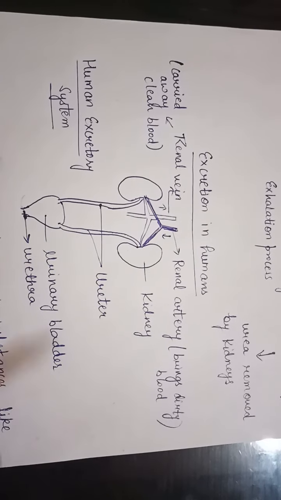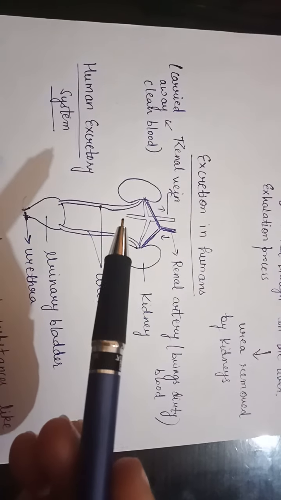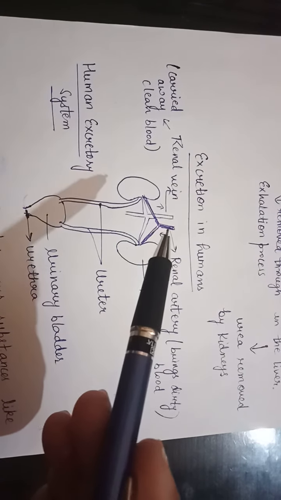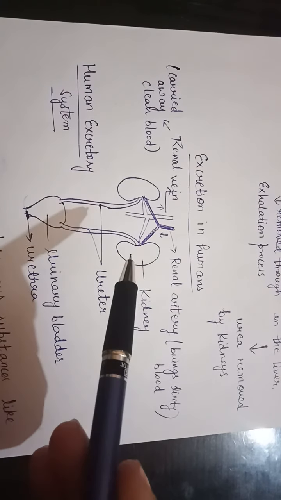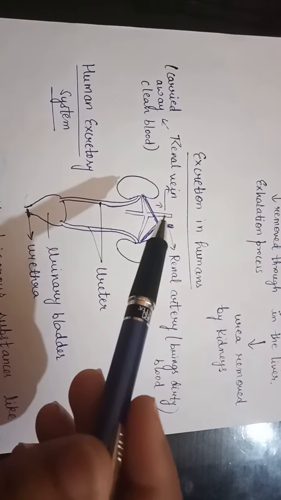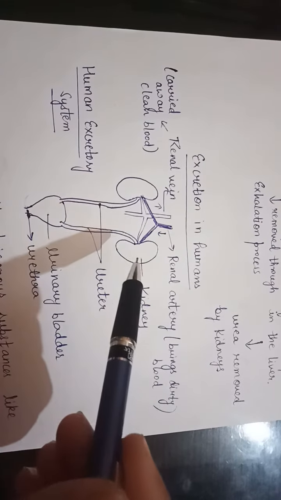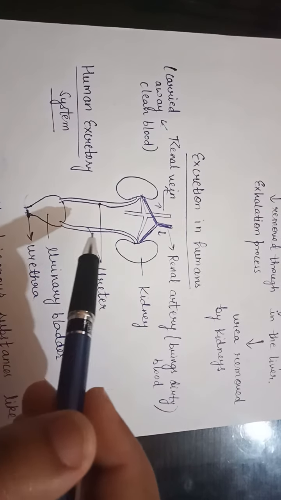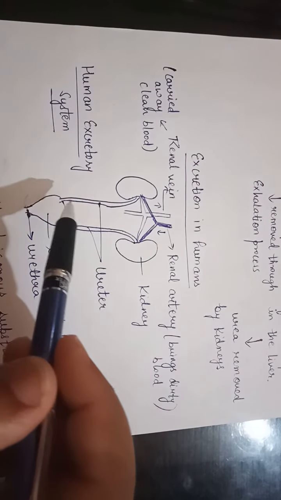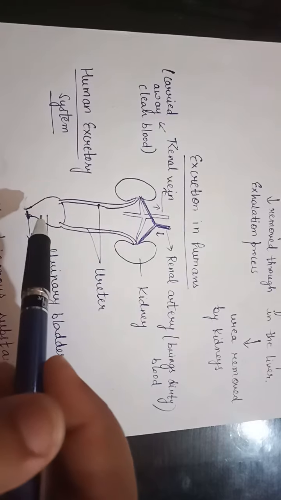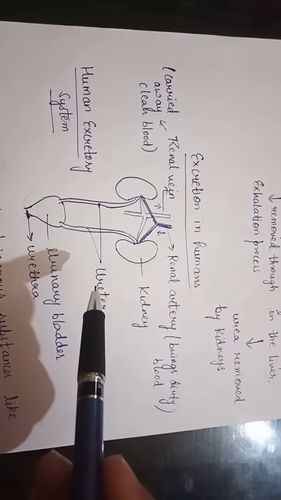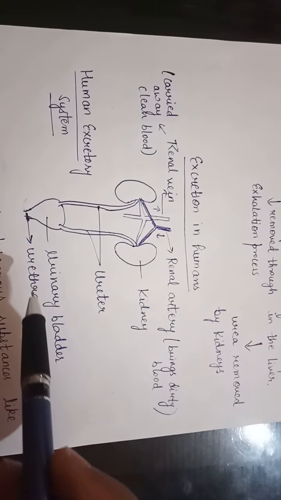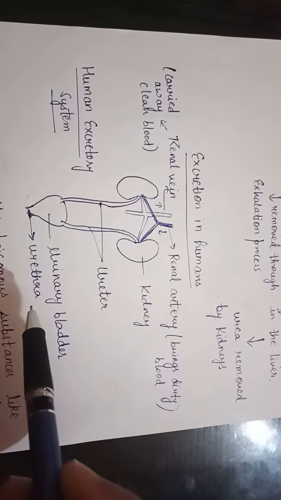Students, next we will discuss the human excretory system. Here you can see two kidneys. The renal artery is joined with the kidneys. The renal vein is joined with the kidneys. Now, two long tubes present between the kidneys and the urinary bladder are known as the ureters, and the opening here is known as the urethra.